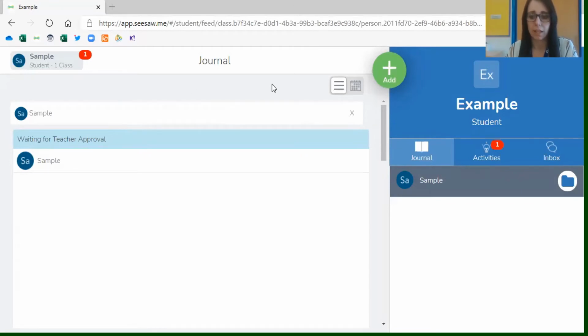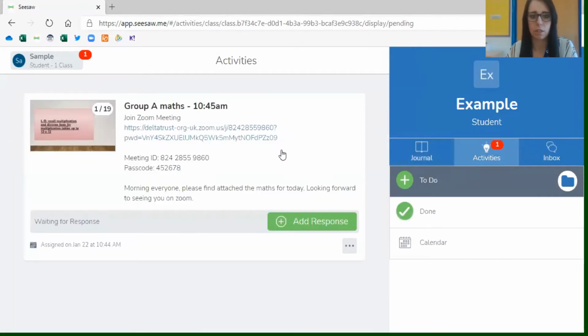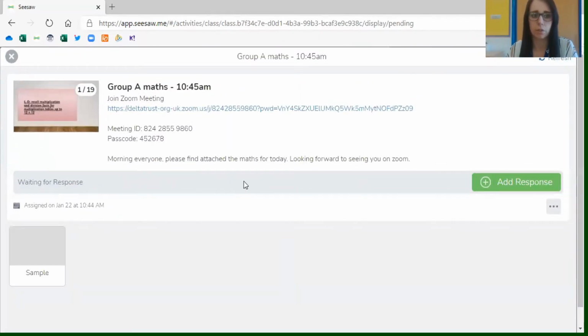When the teachers have assigned children work, that is displayed within the activities. So as you can see, there is an activity here that is waiting for the pupils to respond to. This is where the pupils will find their Zoom links for their sessions that they are going to be completing with the teachers. So if I click on here, it will load it so that you can click directly onto the Zoom link, which also includes a meeting ID and passcode in case for any reason this Zoom link does